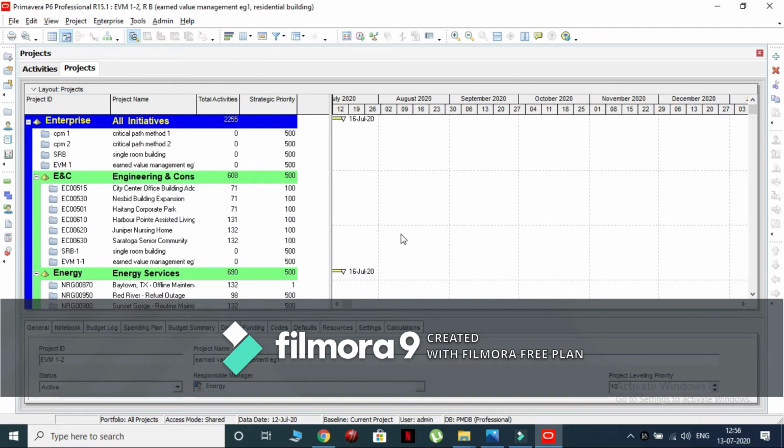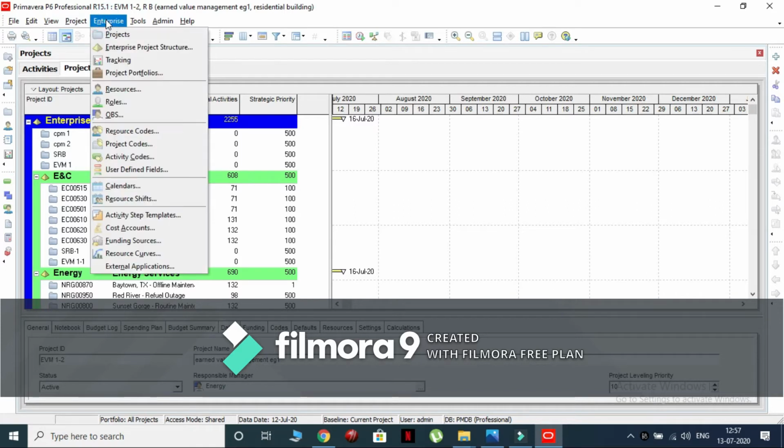Now open the software, modify the time units, currency and calendar properties in the software before creating the project. First we will create a 5/9 calendar as a default calendar for this problem setup. So go to the enterprise menu, select calendars option,